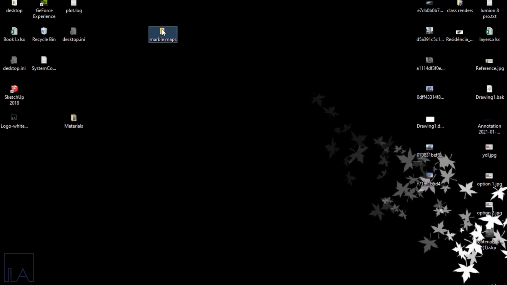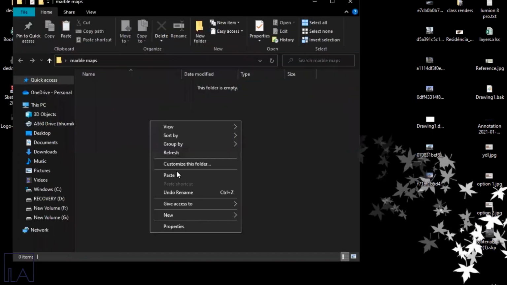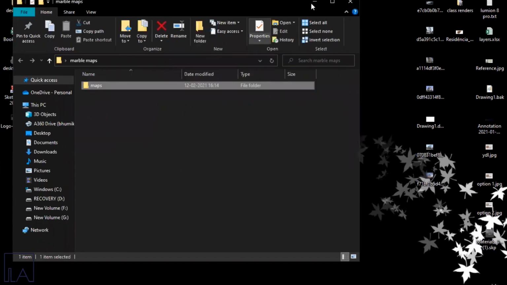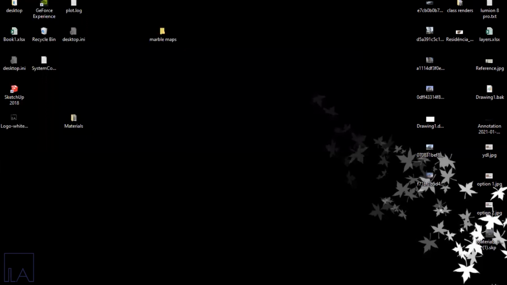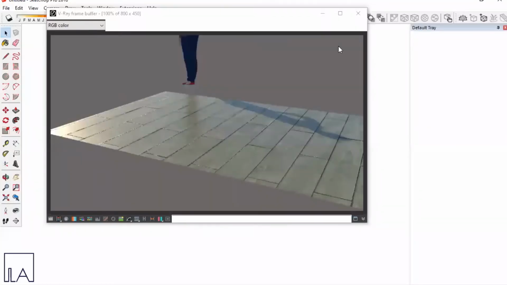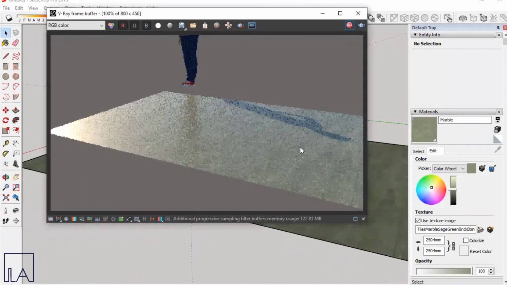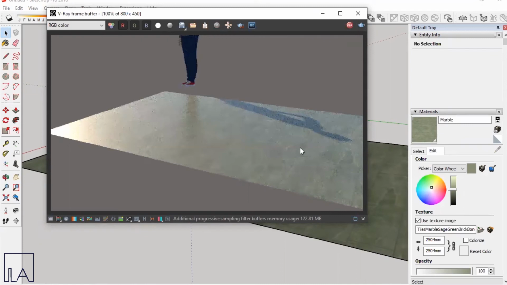And I go inside the folder and paste the maps folder over here. So now I just go back to my SketchUp model and re-render the same thing. In the render, you guys can see that there is no bump or displacement shown. The only thing which is being shown is just the reflection of the material.